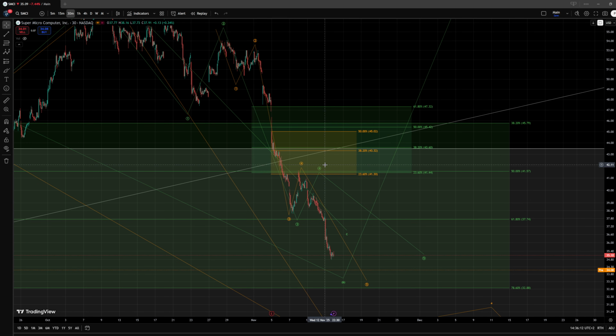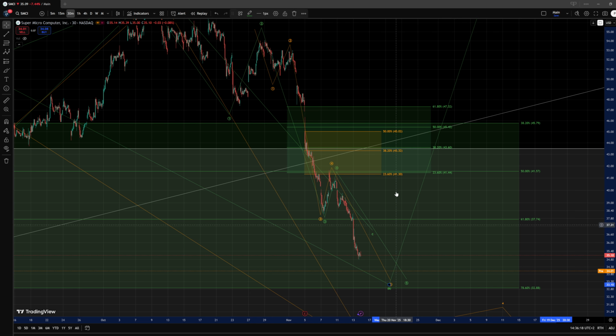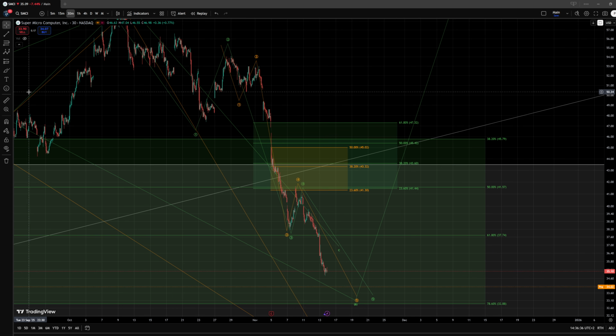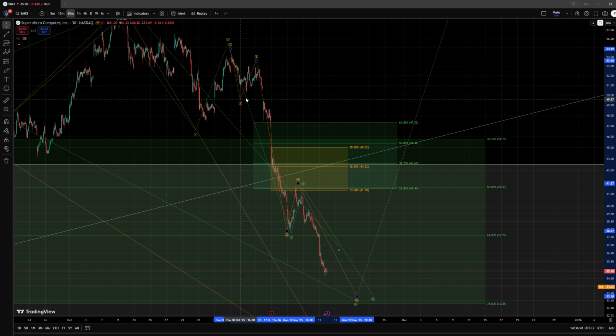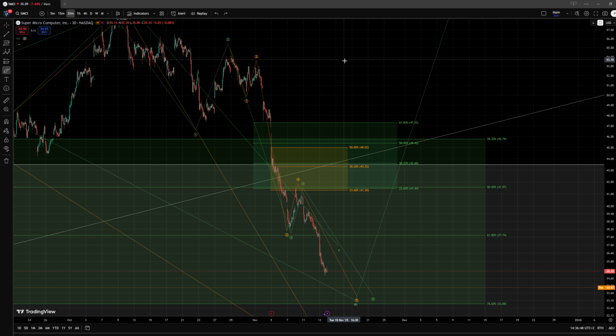Now, if we really work this out within the green scenario, we may see a more significant bottom within the wave B and even start the wave C to the upside. And in many of the charts, we do actually see that they seem to be preparing for a relief rally, at least, if not something more significant. And it is unfortunate that on this chart, it is more likely at this point, based on the internal structure of this movement to the downside, to be within the orange interpretation, which technically would still be fine for